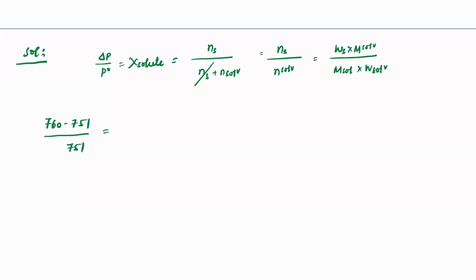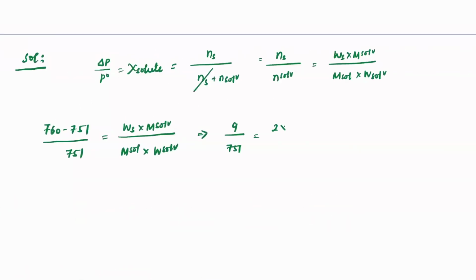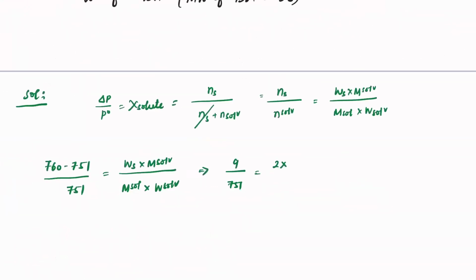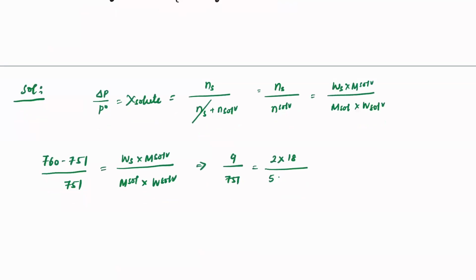So now you notice that Ws into molar mass of the solvent upon molar mass of the solute into weight of the solvent. Now this is coming out to be 9 by 751. That is equal to weight of the solute given, which is 2 grams, into molar mass of the solvent given, this is water, right? Yeah, water. So 18 divided by molar mass of the solute, which is given as 58 grams, sorry, 56. That into